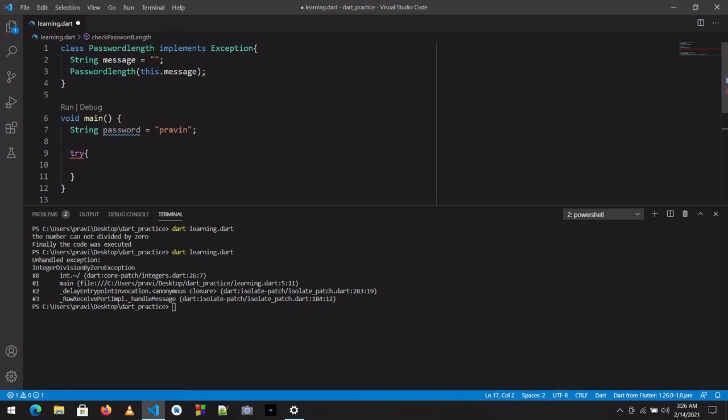So this.message will be assigned the value, password length is less than 8 characters. Now we can use this message.